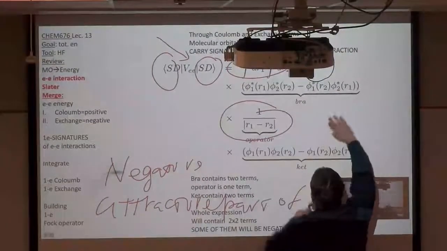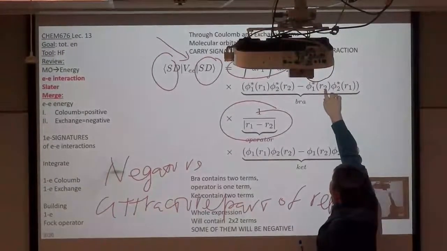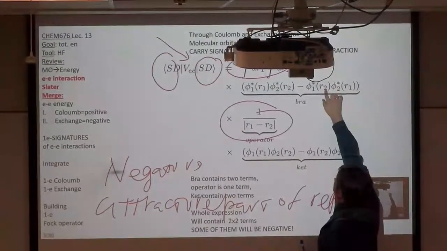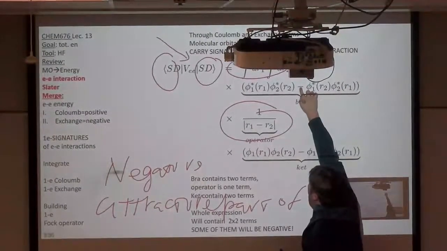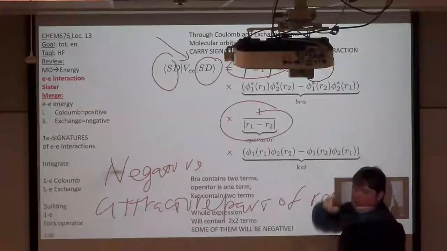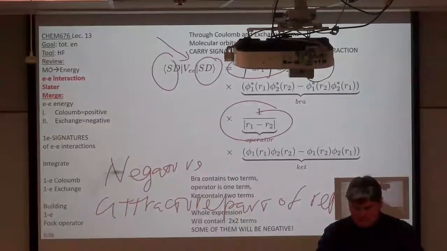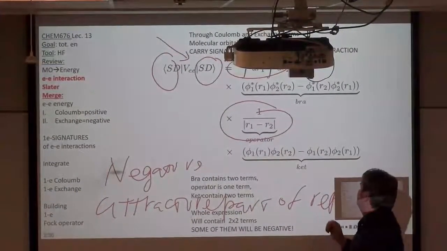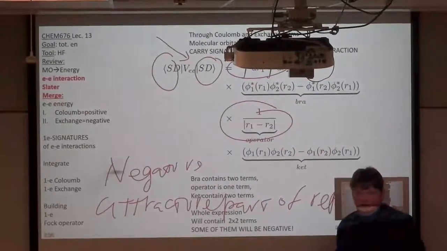By the way, if we process this bra and this ket, it will be the same, as if you would just rename variables. And here you see that minus by minus will be plus. So there will be one type of terms with positive sign, which corresponds to repulsion,